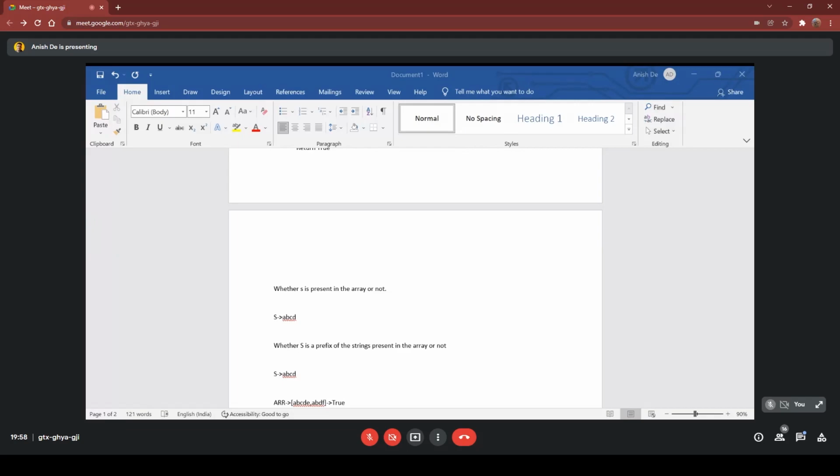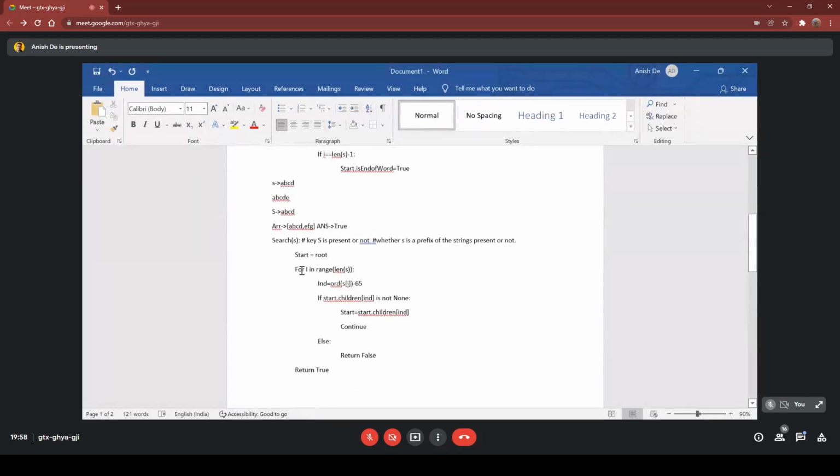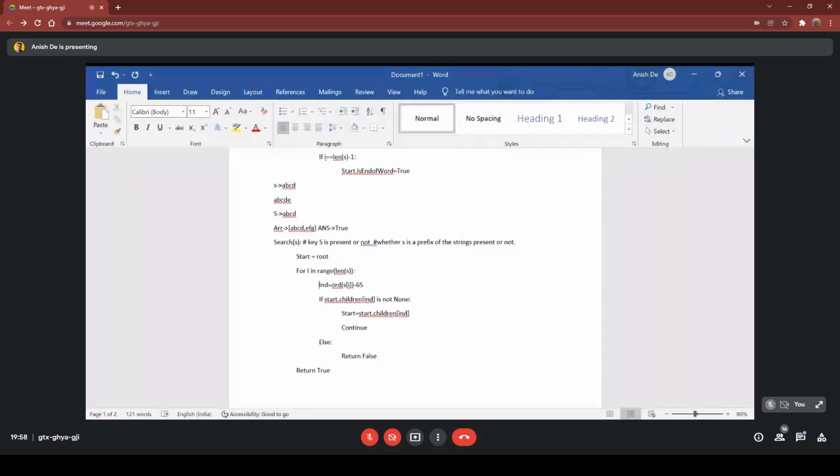So the prefix should be present at the beginning of a string, the whole S. What if the string is in the middle? No, it is not working. It should start from the beginning. We are checking from the start of the string, of the key rather.